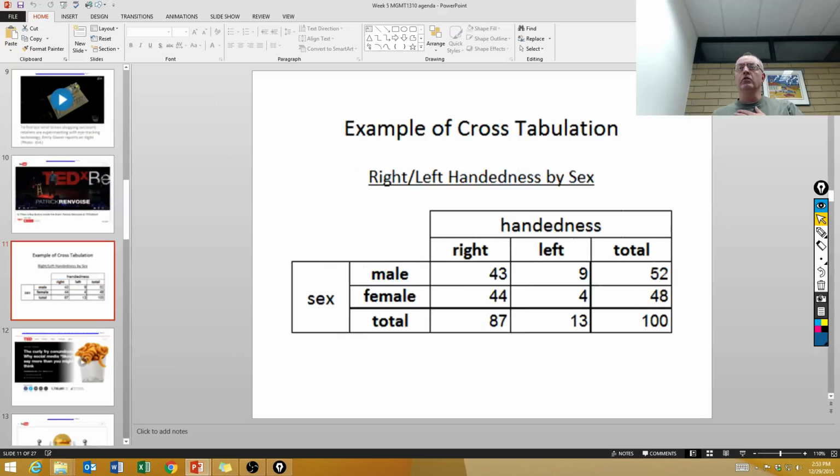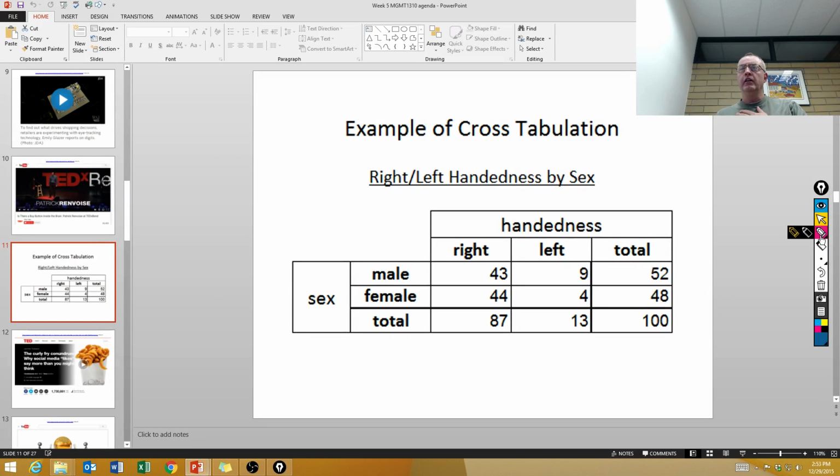Okay, so let's say we took a survey of 100 people, and we tracked their gender, so which ones were male, which ones were female, and we surveyed them regarding whether or not they were right-handed or left-handed. Presumably we had no ambidextrous people in the group. And so we take our survey, then we create a little matrix like this with the two variables, handedness and